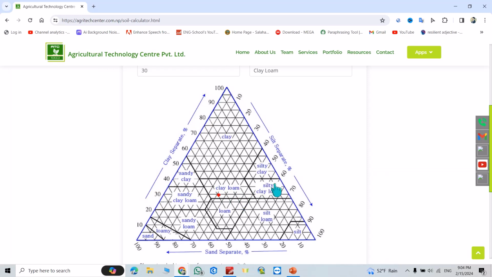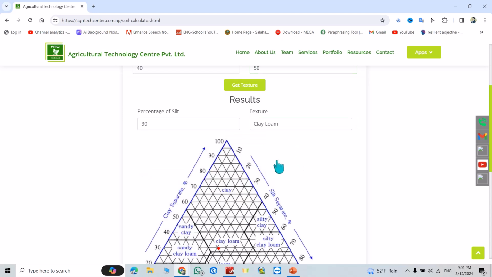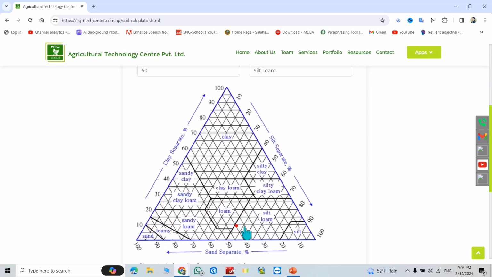It is clay loam. And for example, I change it to 50. It becomes clay. You see, clay. And 10%. You see,